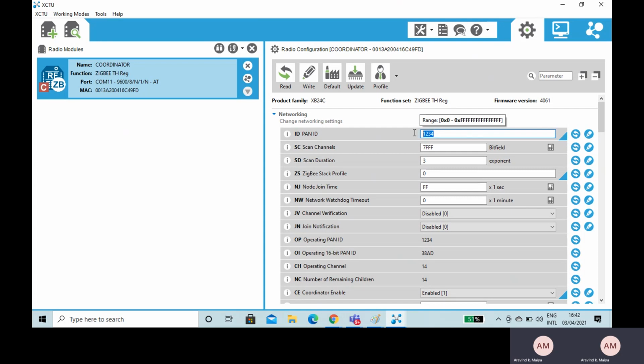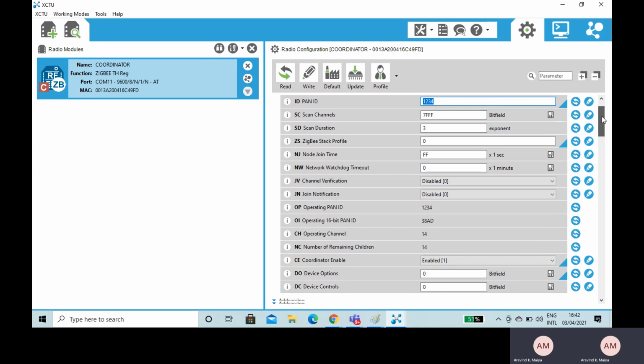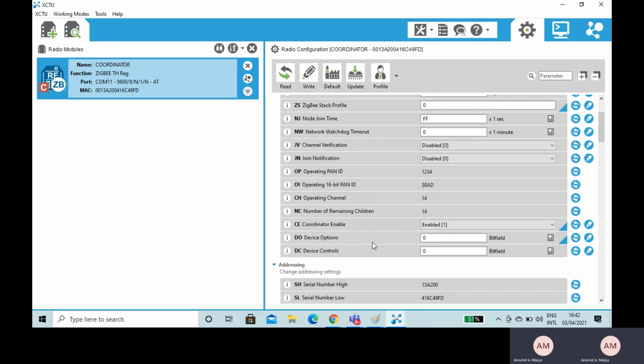So we have a PAN ID. That is one important thing. I have used a PAN ID of 1234. You can give any value from 0000 to FFFF. Now it has been configured to work as a coordinator.